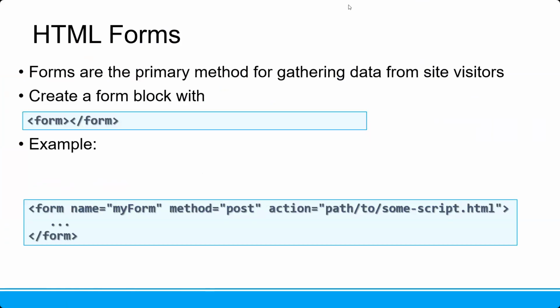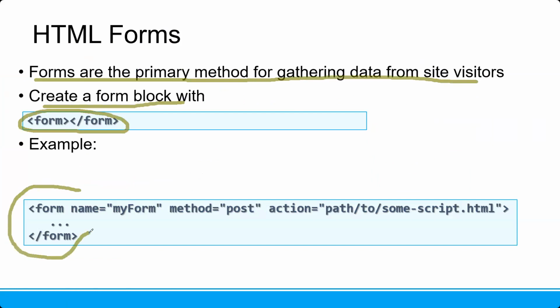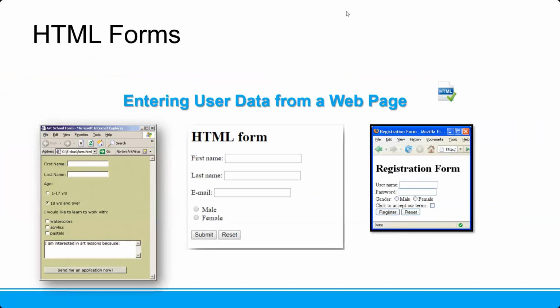And the form is the primary method for gathering data from site visitors. It creates a form block with this kind of tag, form. For example, we can use this kind of form. A form will have a name, and a form will need a method, and also we need to have an action. An action means once you click login information, whenever you click submit,